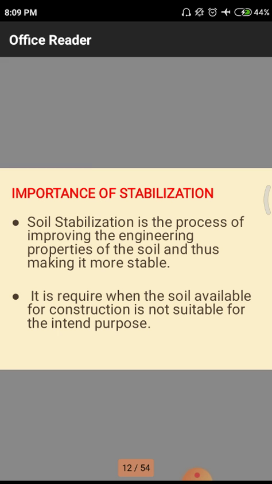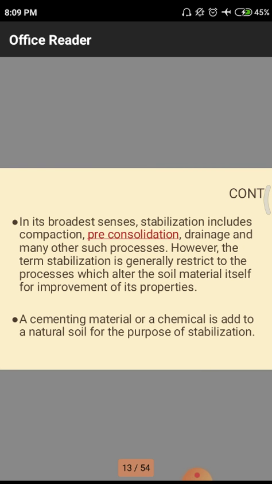Here the physical properties are very high compared to other soils, so we need to go for stabilization; both physical properties as well as engineering properties we have to observe. After that, in its broadest sense, broad meaning a huge amount of properties,